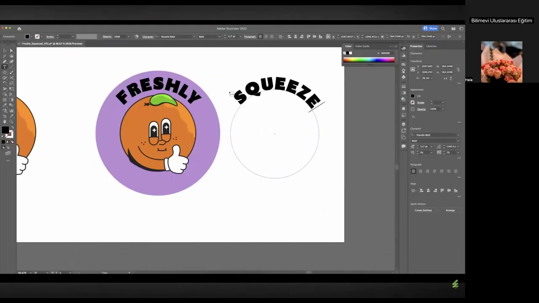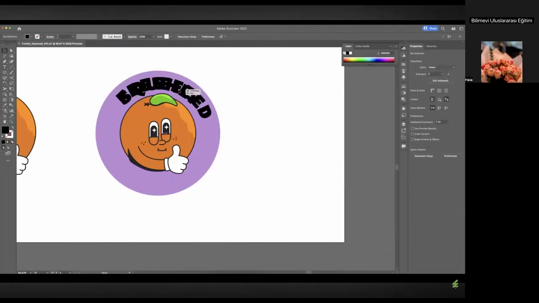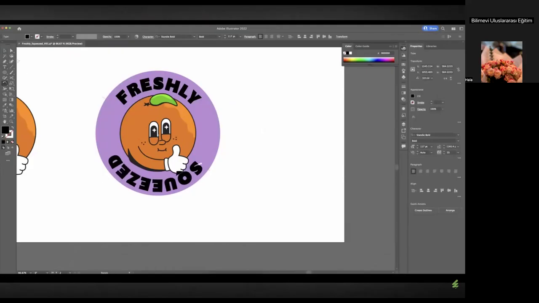squeezed in here. But as you can see, this is not going to work because it'll be upside down, which